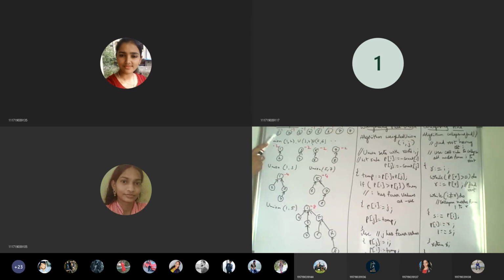So if you take one element in one disjoint set, we write it as -1, saying that it's a root and there is only one element. Similarly with 2, 3 and till 8. That's why for all these elements in individual sets we write -1. Again I repeat why -1: minus is negative, and 1 is nothing but the number of elements there.